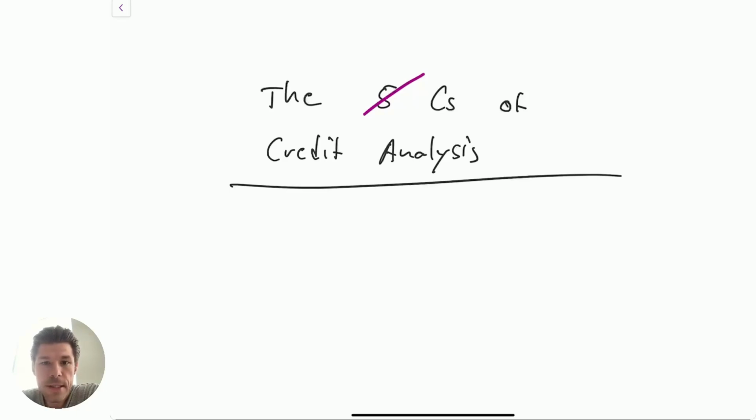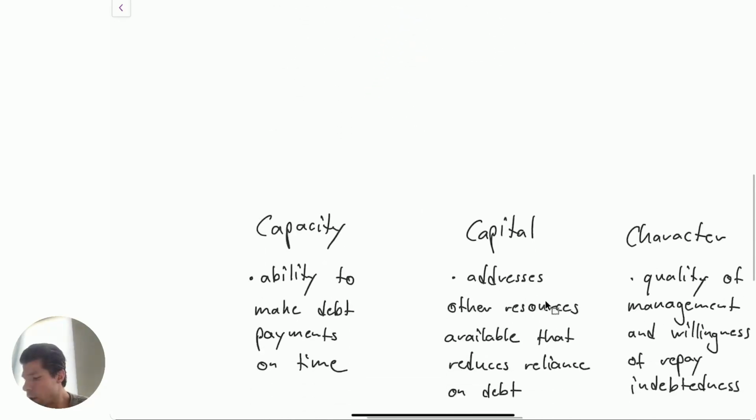Why 5 C's of credit analysis? As you know, credit risk depends on specific factors related to the borrower, which could be a government or a company who wants to raise money, who borrows money, as well as general economic conditions. When assessing the creditworthiness of such an organization, many analysts are using the so-called 5 C's of credit analysis. What is this all about?